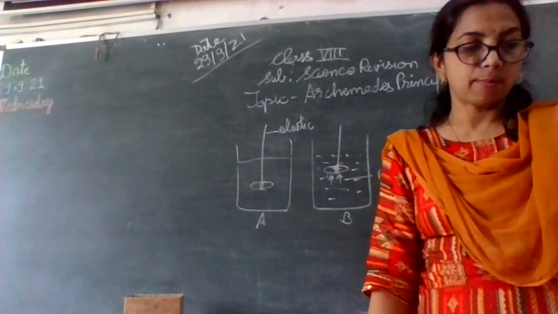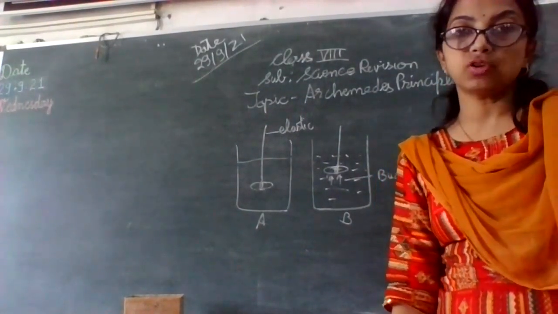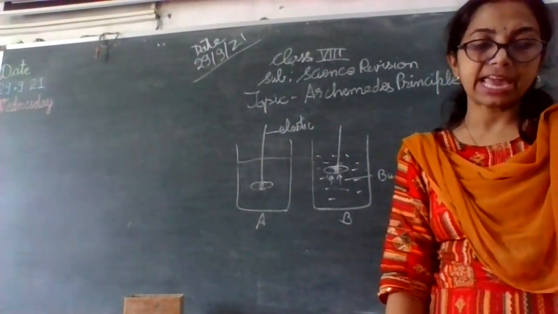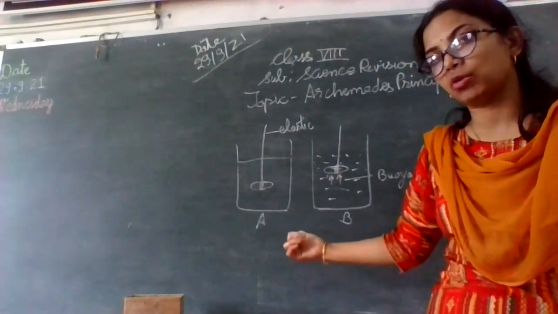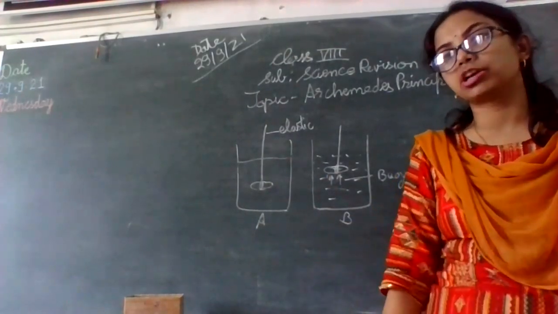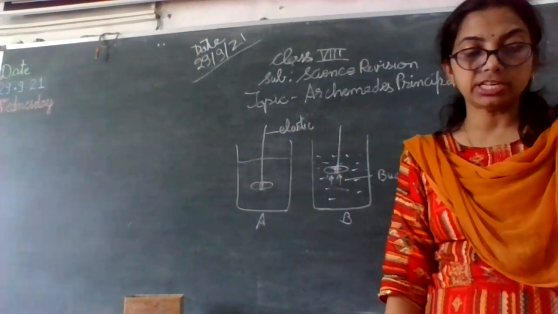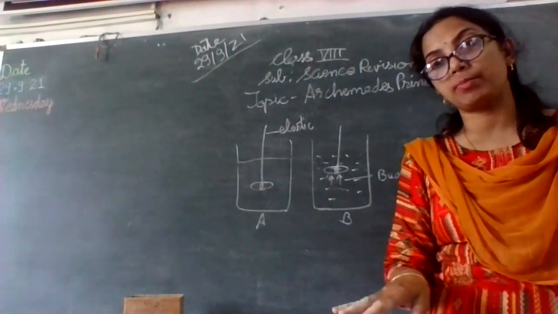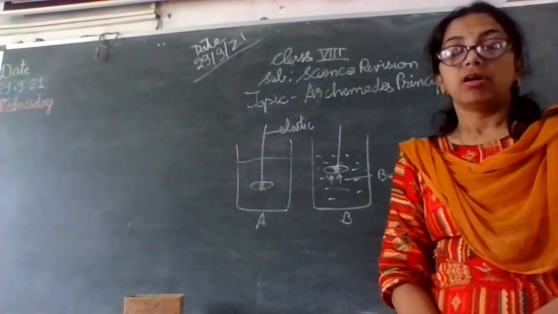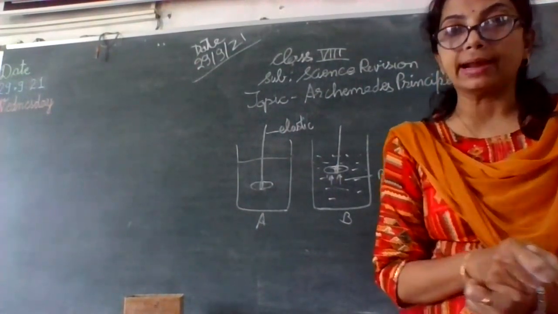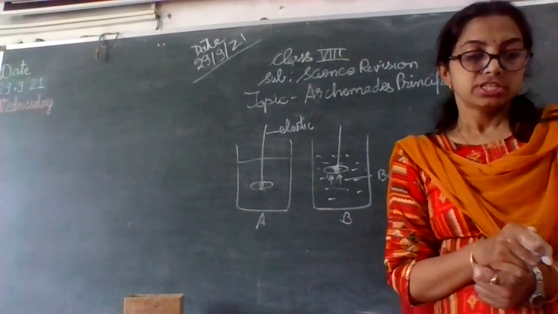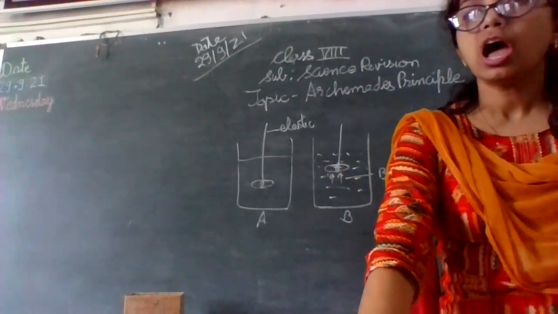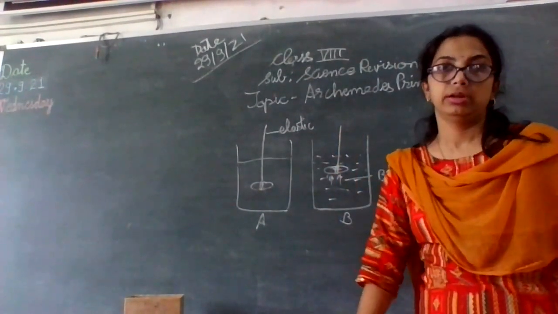So how much is the magnitude of the buoyant force? That we need to understand. Is it the same for all the liquids? Now we have taken water. In oil or any other salt solution, will it be the same? Is the buoyant force of equal magnitude for all the objects? Actually these are the questions that may be arising in your minds. So the answers to these questions are embodied in the Archimedes principle.